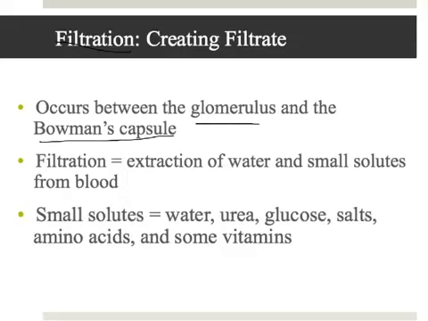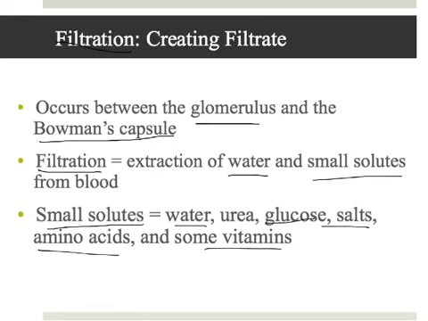So what we're going to be doing in filtration is we're literally going to be filtering the blood. So the blood is going to enter the kidney and enter the glomerulus, and then we're going to take the water and small solutes out of the blood and put them into our nephron. So we're going to extract water and small solutes from the blood and have them enter the nephron. Some of these small solutes include things like water, glucose, salts, amino acids, and vitamins. Those are all things we want to keep, and also things we want to get rid of, like urea, that